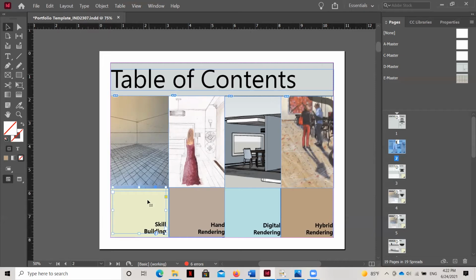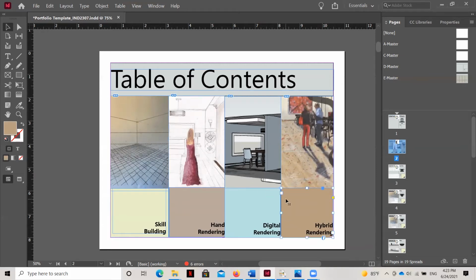But you can see here in my table of contents, I have created different colored boxes with a text box on top. If I click and drag, that box itself changes. When I click on that box, you can see over here that there's a swatch that relates to it.